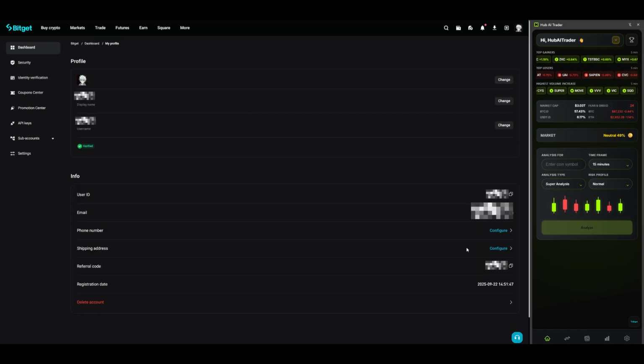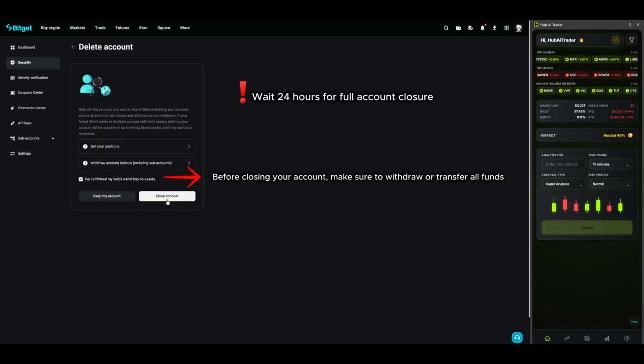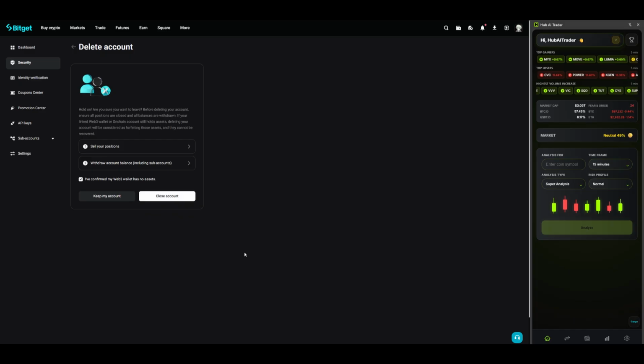Make sure you do not have a balance in your account. If you have money, transfer it before deleting the account. You can open a new account 24 hours after deleting your account. Of course, this is not valid in every country, so you can write to support first to check. 24 hours after your account is deleted, you can open it again, complete identity verification, and register with the Hub